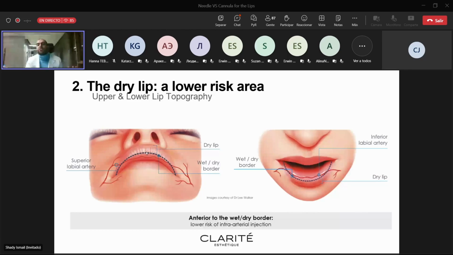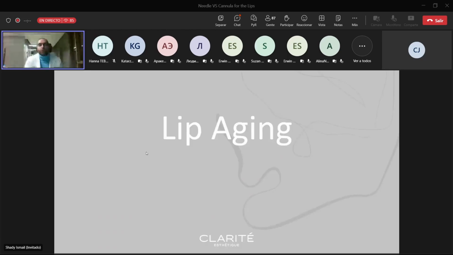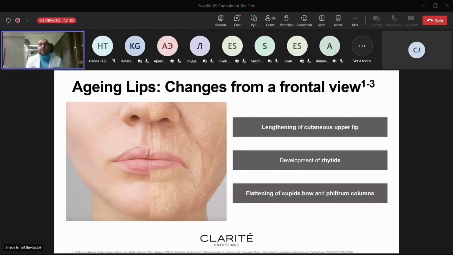What happens to lips due to aging? We can see here there is lengthening of the cutaneous upper lip, so increase of the nasolabial space. That's why when we inject to reverse the signs of aging of the lips, we need to evert the lips. We need to improve the vertical height of the lips, development of the barcode lines or the wrinkles, flattening of the cupid bow. That's why we are trying to draw it again using fillers, as we will see in the videos, and also